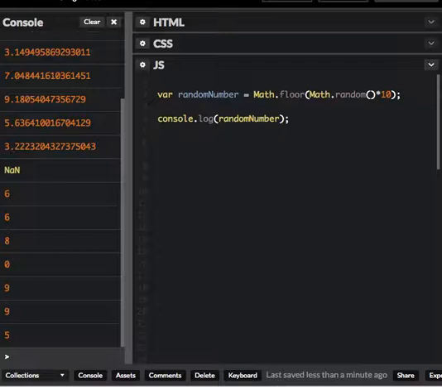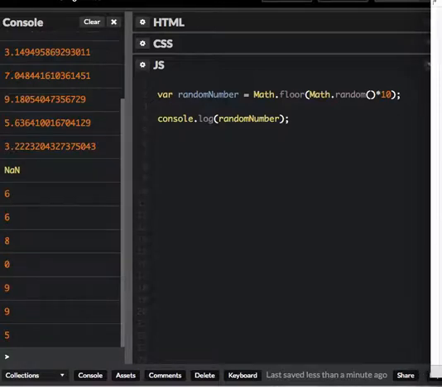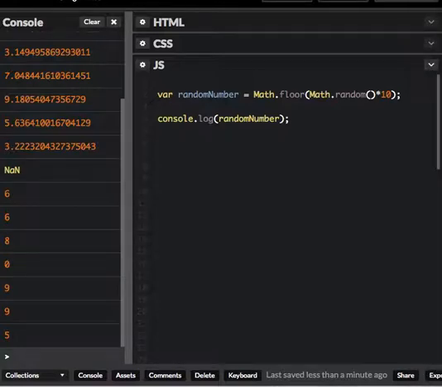So pretty cool. In fact, this is the best way that you can get a random number. But the big question is, how can you work with randomness in arrays? I mean, we've just been talking about arrays and how incredibly nice they are, and here I'm only getting random numbers. So how would I get a random value out of the array? Well,